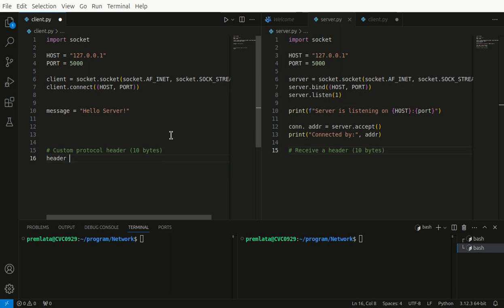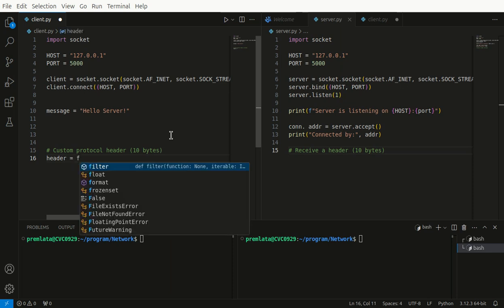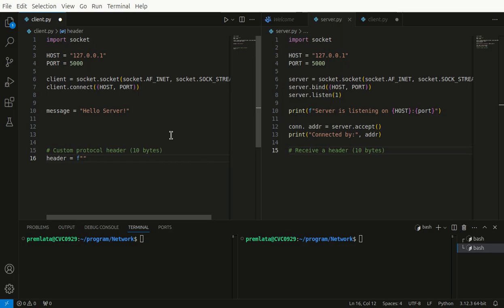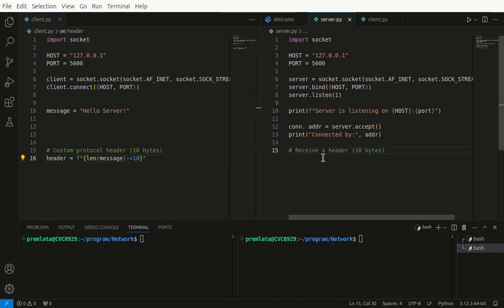So essentially the custom header is of the length of the message, less than 10, curly bracket close here. Let's open the curly bracket here, right? For this custom header,